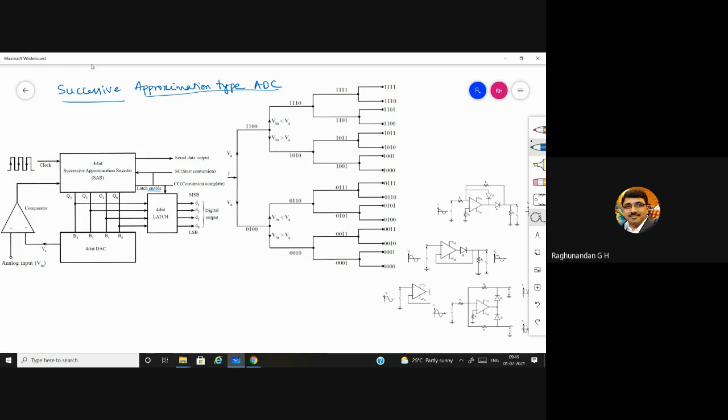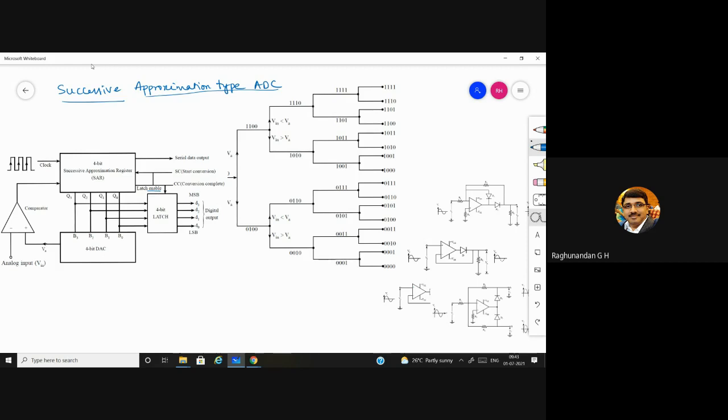So it is just like having set and reset both as 0. So it will be retaining its previous state. So the main difference between the latch and the flip flop is latch doesn't require a clock signal, but flip flop requires a clock signal. So this is the 4-bit latch we are having. As you know that latch or a flip flop is a 1-bit memory element. So it can store 1 bit.